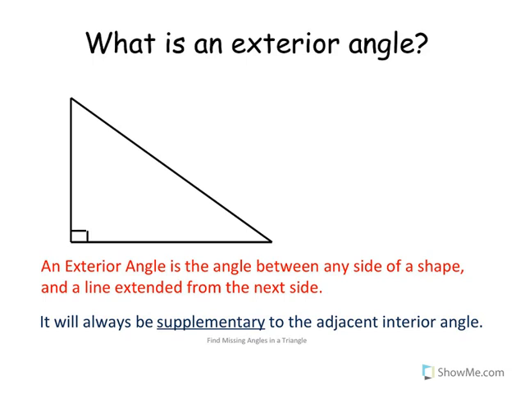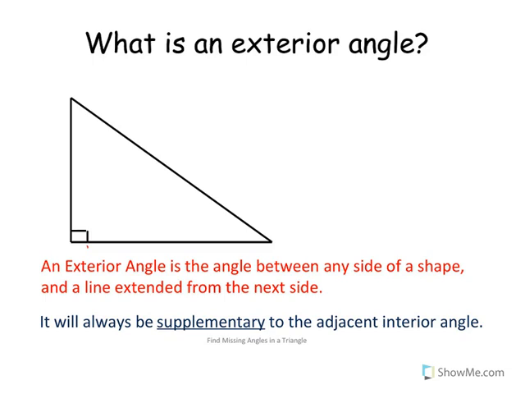So I have to extend a segment. So if I extend this line, I can call that X my exterior angle. If I extend this line, I can call that my exterior angle. If I extend this, that's my exterior angle. And so on, for each side. So in a triangle, you've got 6 different ways we can create exterior angles depending on which side you extend